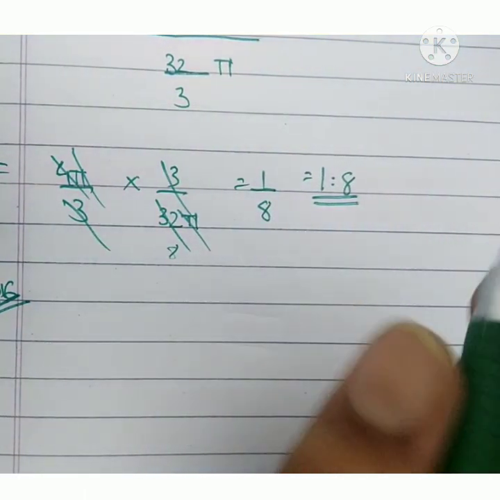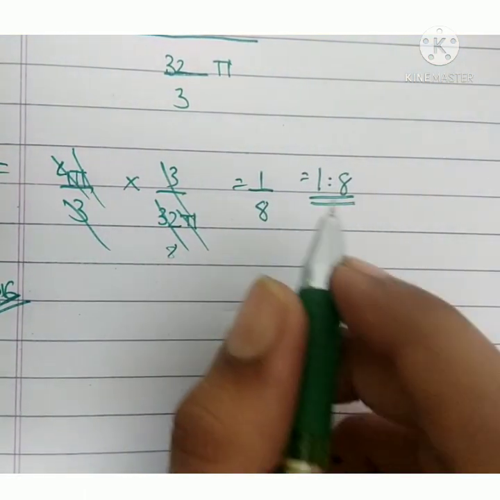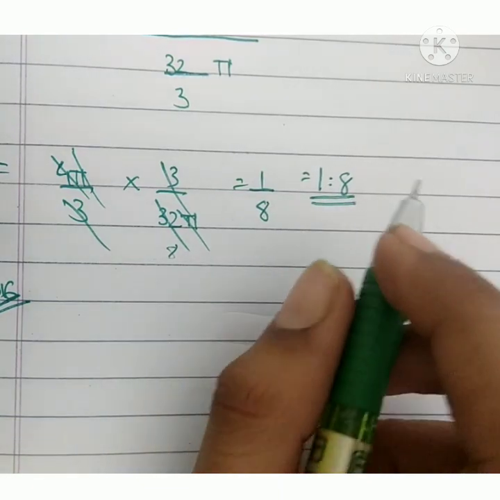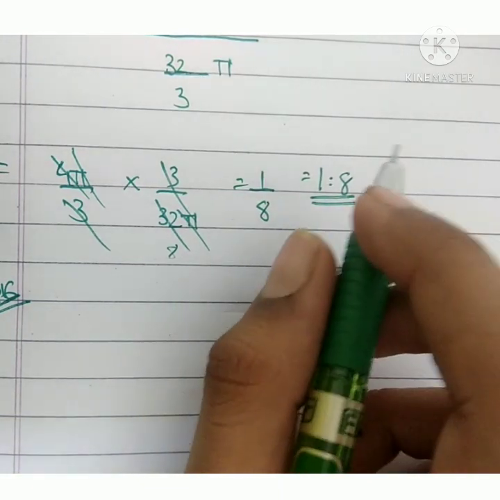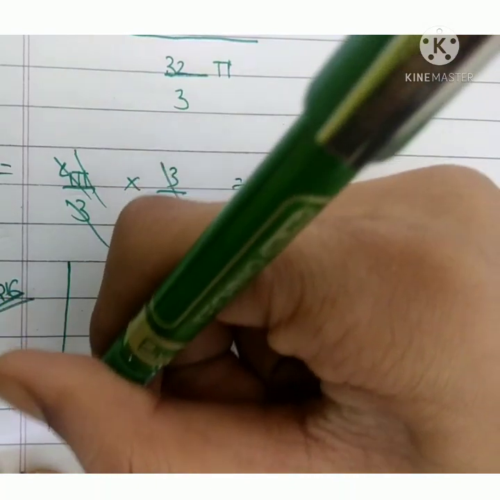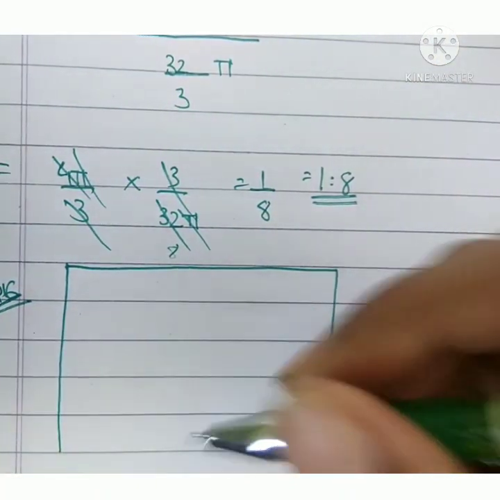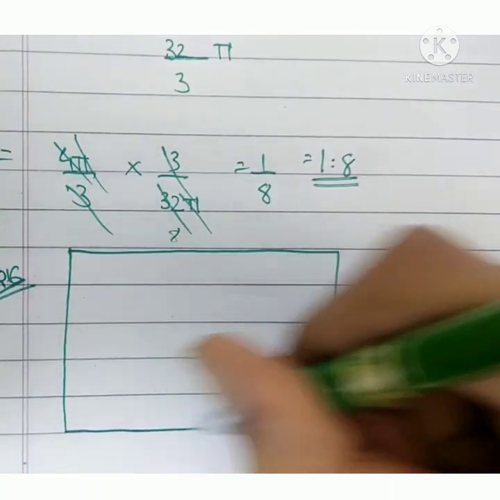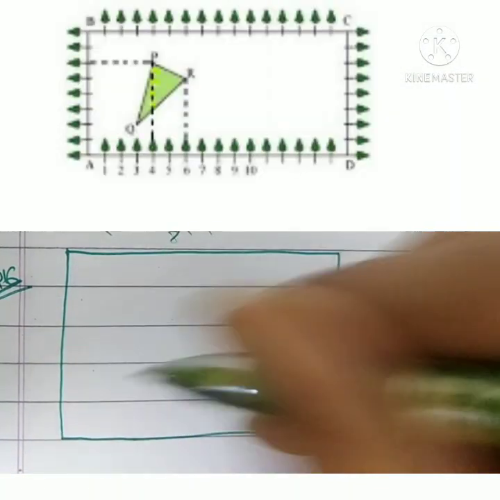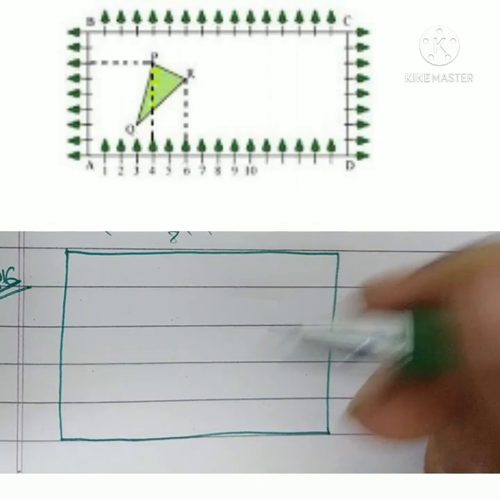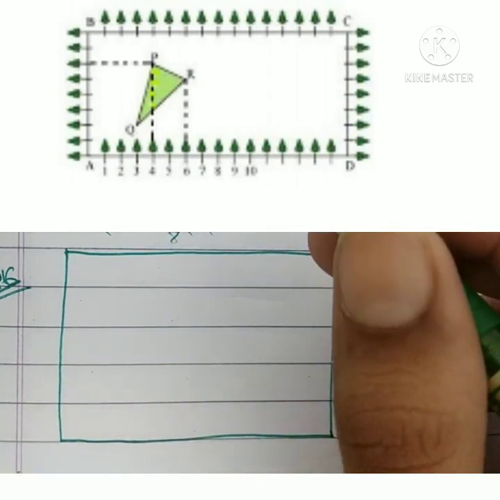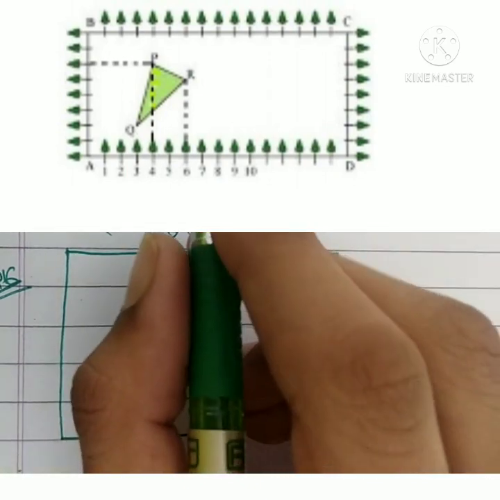Now it is also a case study question. So I'm not reading the whole question, but it is saying that there is a kind of garden. I have given the link of the paper in the description. You can see the photo from there. In the paper it is question number 18 because I'm skipping some questions for your practice. So in the actual sample paper, it is question number 18.